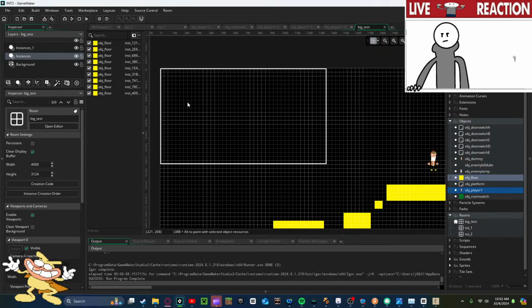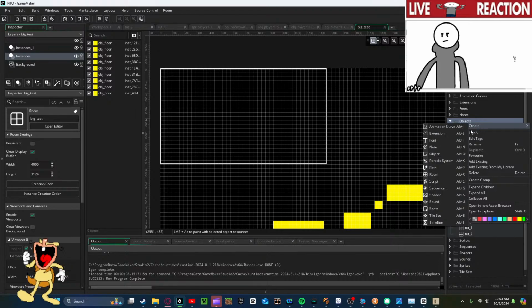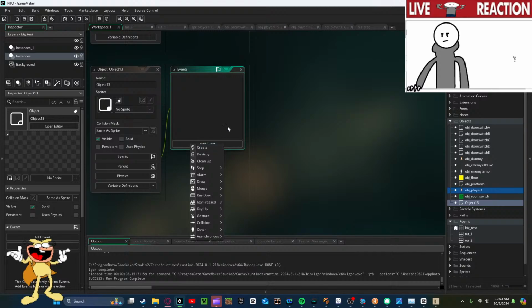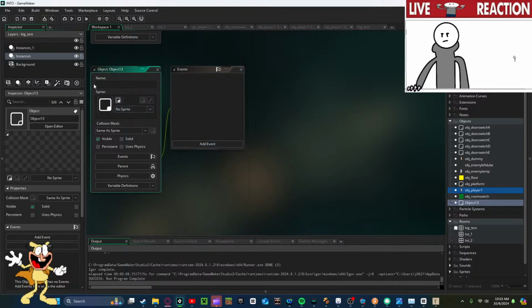Okay, so with all that stuff set up, let's create a new object now. I'm going to call it o_camera. Okay, and we're not going to assign a sprite, it's just going to be an invisible object, and something I'm going to do as my preferred way to